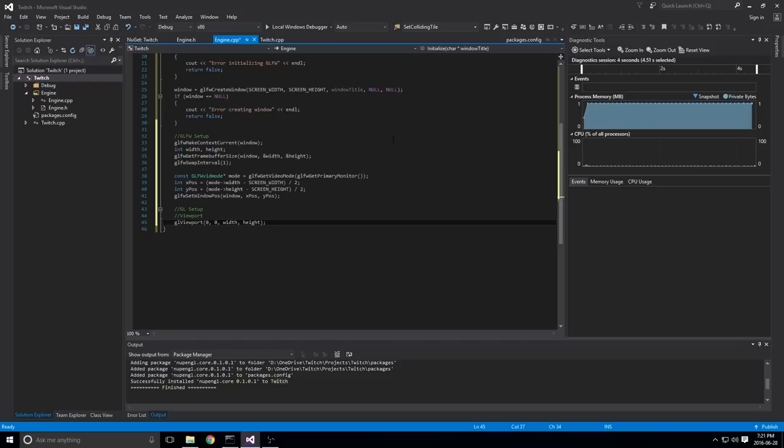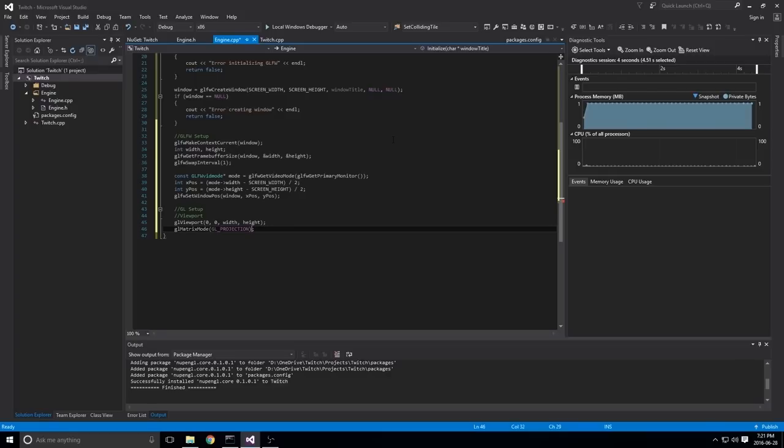Okay. I'm going to set that up, and now we're going to set up the GL matrix mode. Now this is basically how matrices are handled, or how the viewport is handled in terms of the matrices it deals with. And right now, for 2D, GL_PROJECTION will work for us.